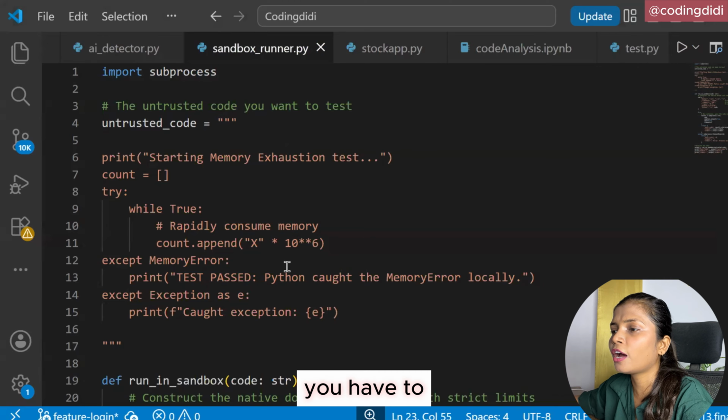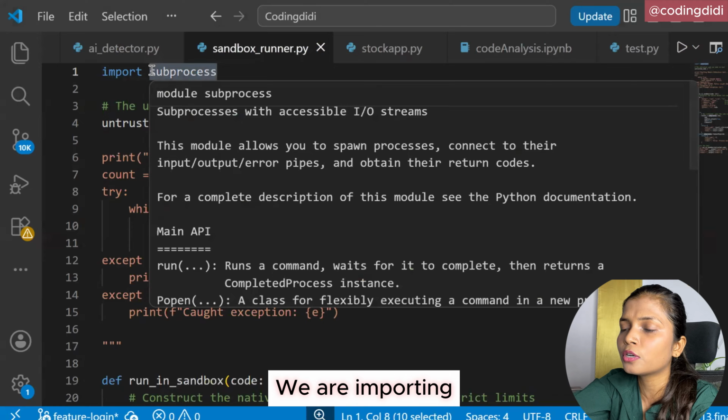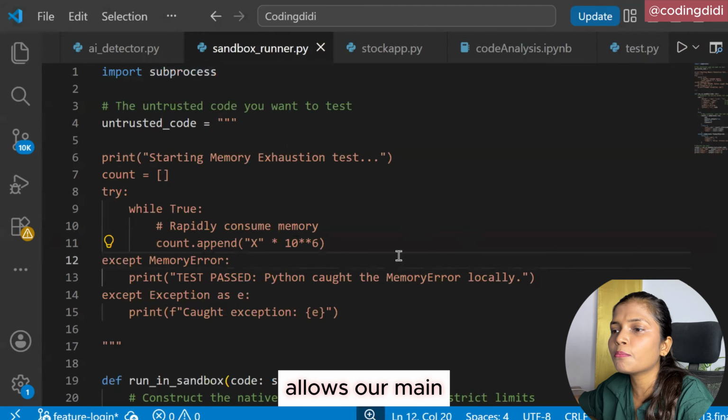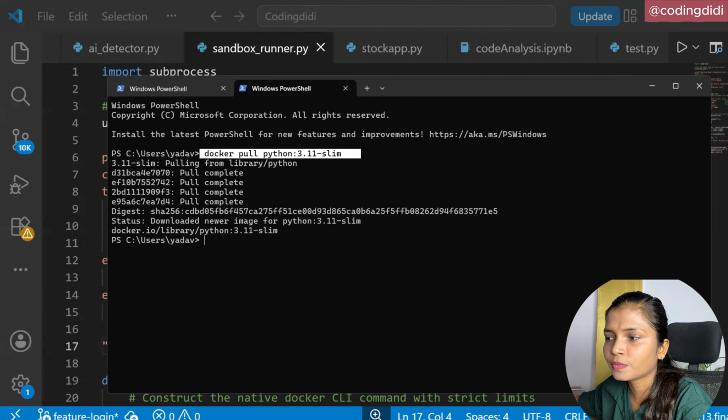Within this, the very first thing I am using is subprocess. What is subprocess? We are importing this library. It is a built-in Python module that allows our main script to directly talk to command line commands. That means Docker.